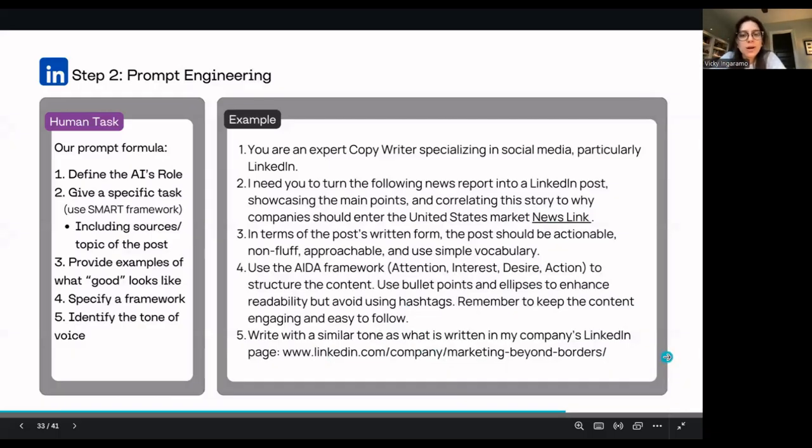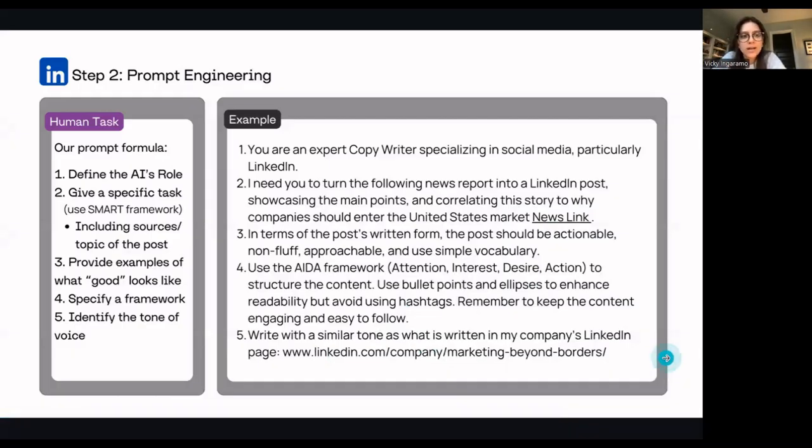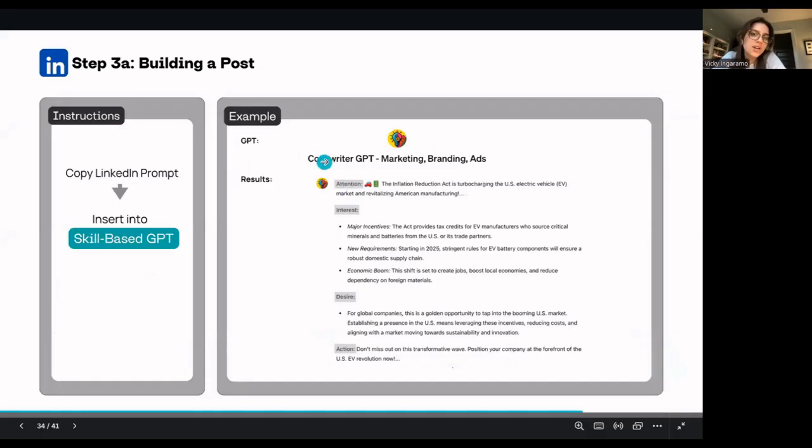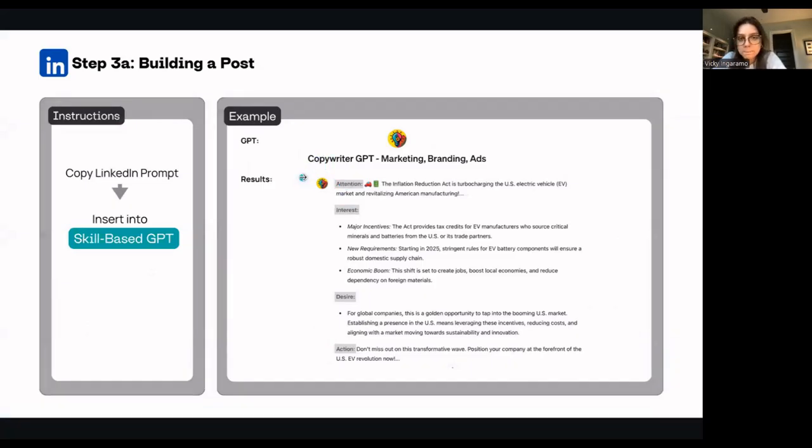So I have my prompt and I'm going to put it into my GPT. In this case, I used a copywriting GPT just because I think it already has a lot of that context that you need for writing anything for promoting a company. But there's a ton of them. Please try out all of